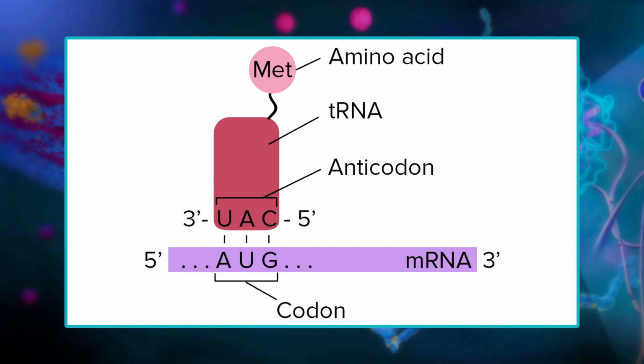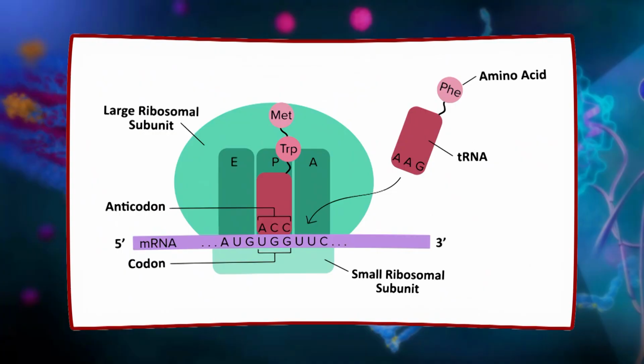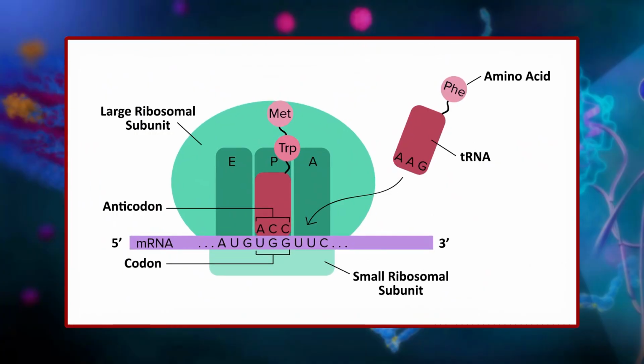Each time a new codon is exposed, a matching tRNA binds to the codon. The existing amino acid chain, that is a polypeptide, is linked onto the amino acid of the tRNA via a chemical reaction. The mRNA is shifted one codon over the ribosome, exposing a new codon for reading. During elongation, tRNA moves through the A, P, and E sites of the ribosome as shown in the figure. This process repeats many times as new codons are read and new amino acids are added to the growing polypeptide